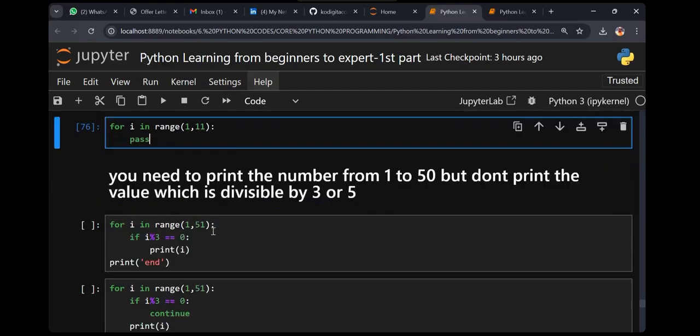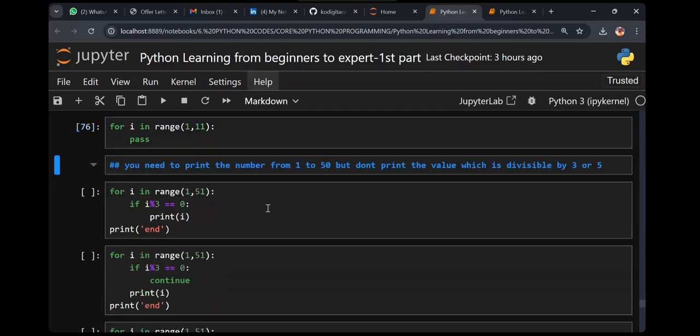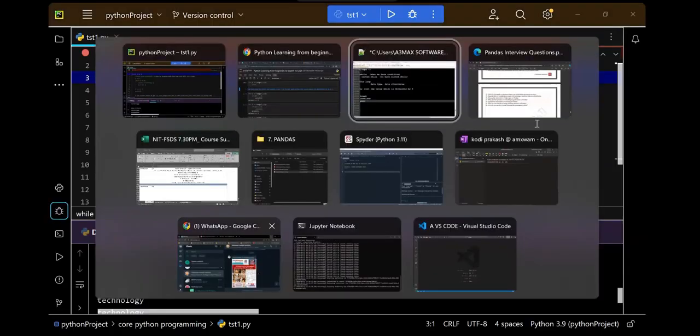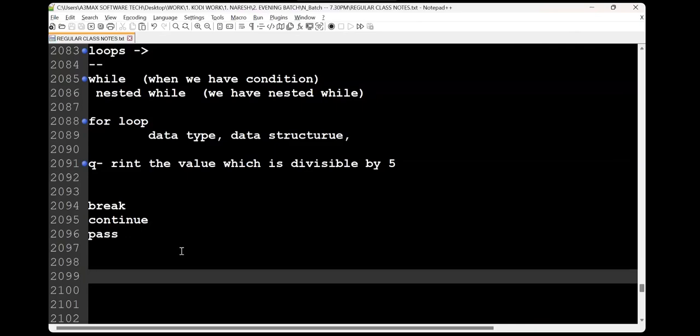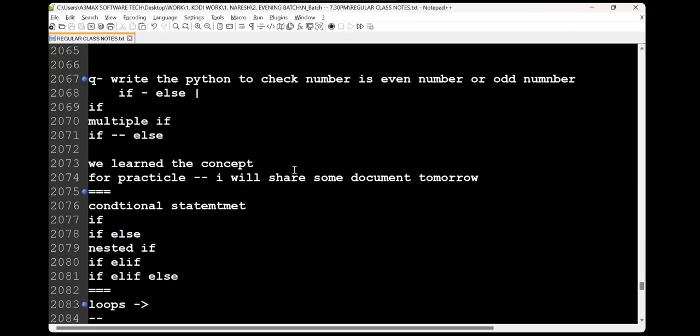I will give you one question. Let's do some programs. How many programs have I done right now? Abstract method only has definitions, but no declarations. Wrong statement. Yes, Param. Anyway, we'll get back to all those things later. How many programs have we done? First: number is even number or odd number.